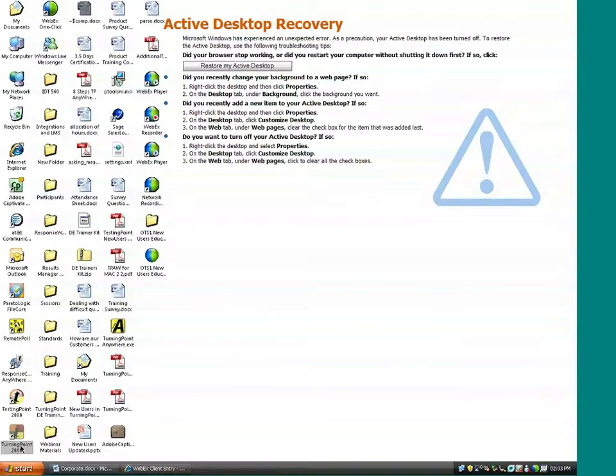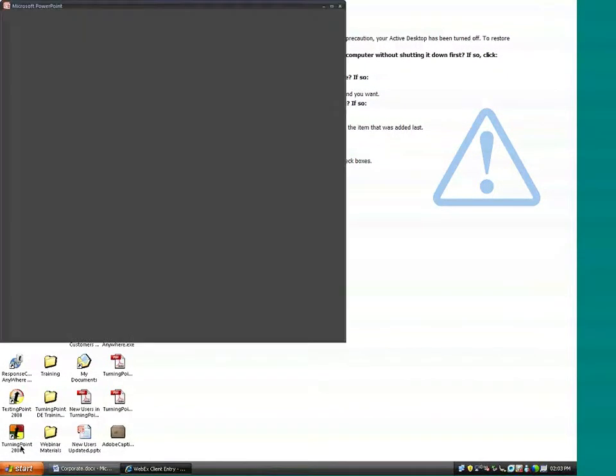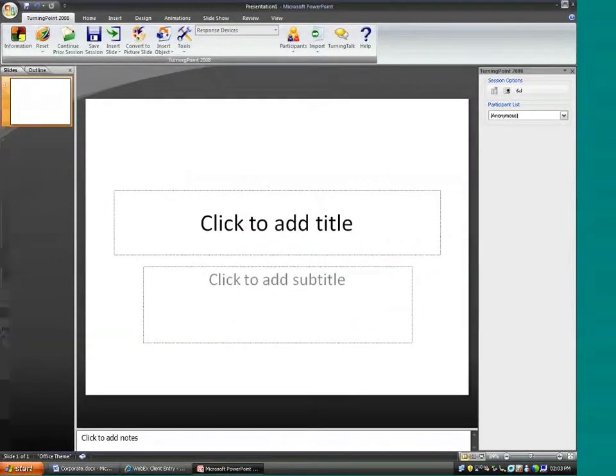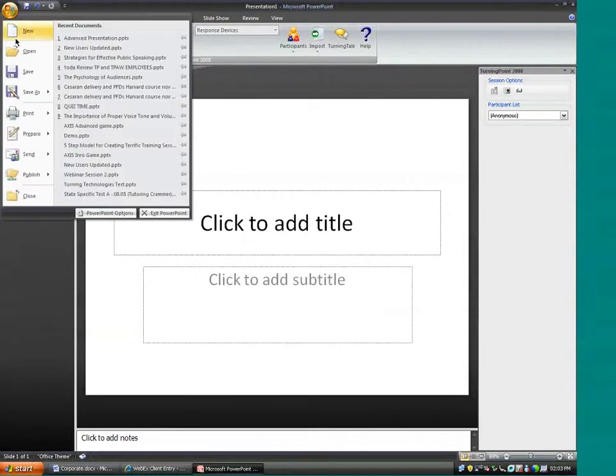Now we'll go ahead and share the desktop with you, and we'll open up Turning Point and bring up that additional topics presentation. If you've been through my intermediate class, you do remember how I basically just built upon the functionality in the software. The first half of this advanced class is more of that, so we'll talk about some additional features you can take advantage of, but really the chunk of this class that is going to be most important is something